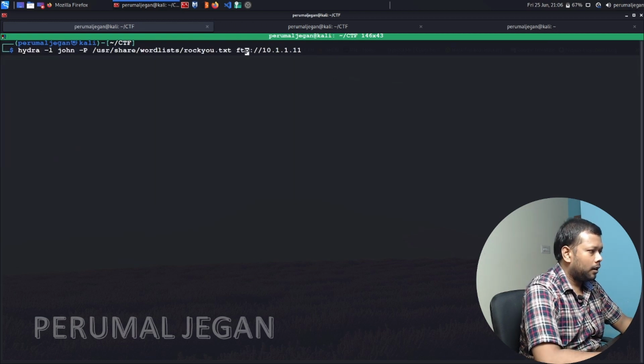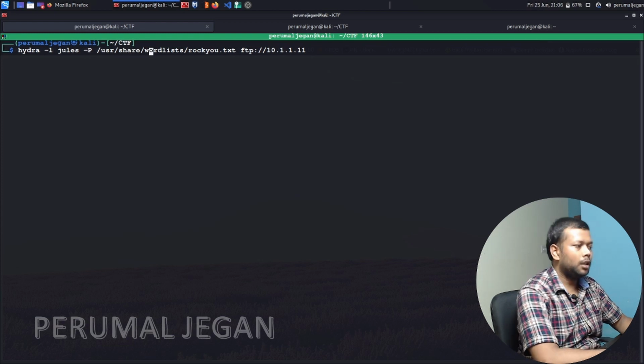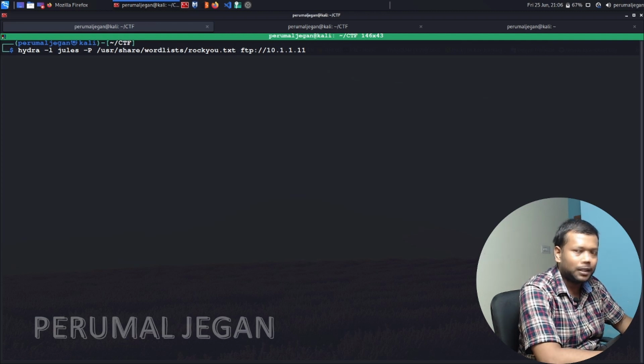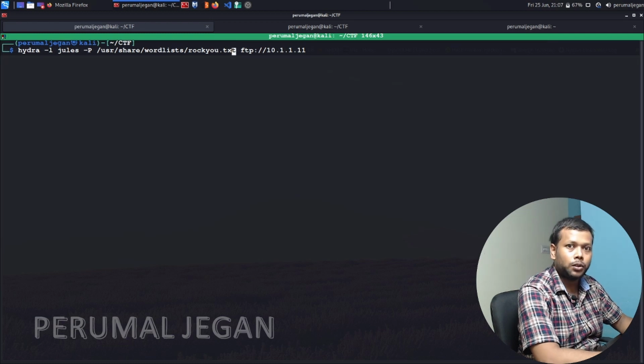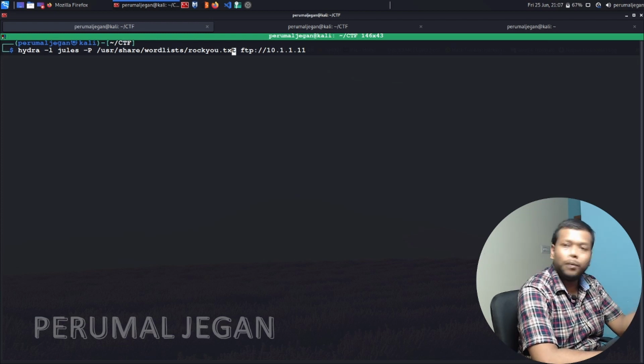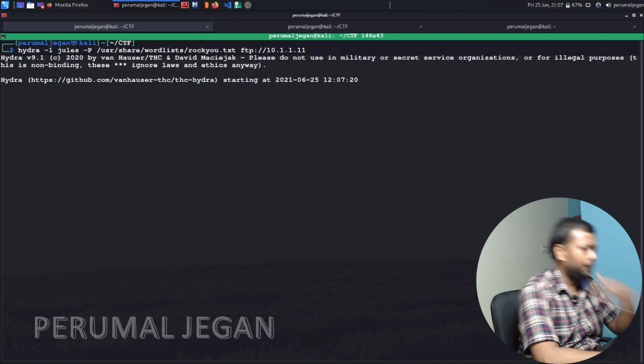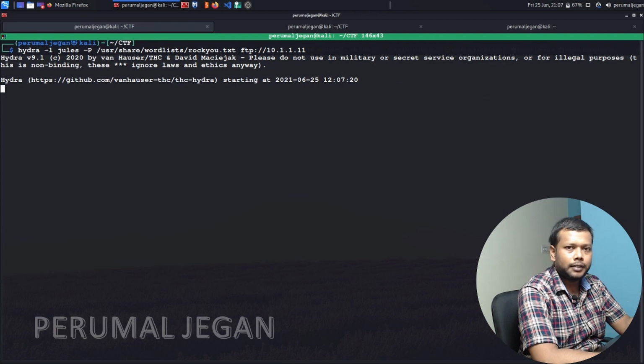Okay. Here I'm just changing to Jules. And for your information, rockyou.txt is a massive database of passwords, where you can find multiple passwords which are frequently used by various users. So it will be very useful. Even if you are using a weak password, probably you will be able to see your password in that file. Okay, I'm just using the text file. Jules, ready to go. It will take a couple of minutes. Let's wait.